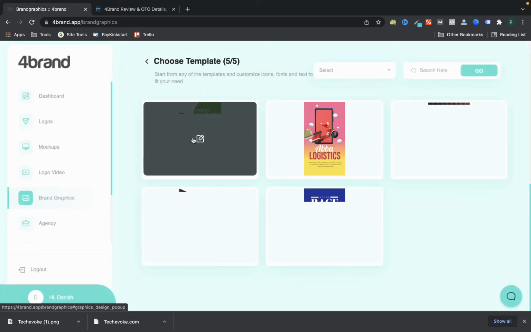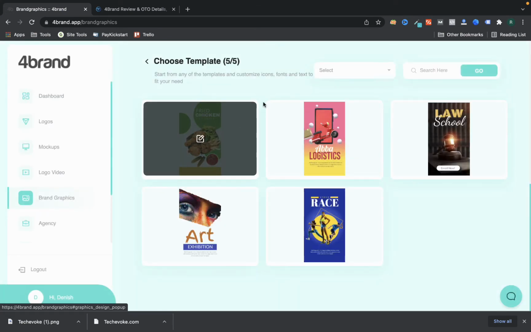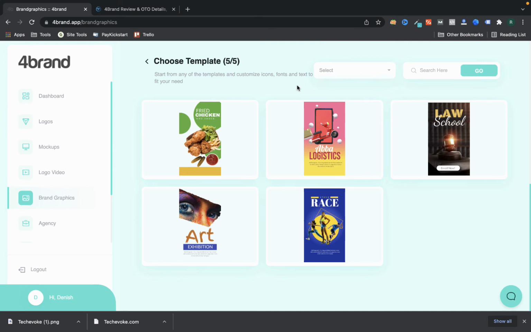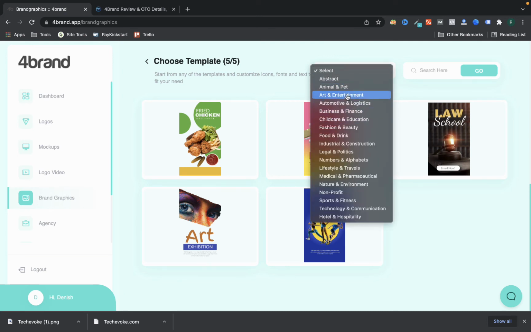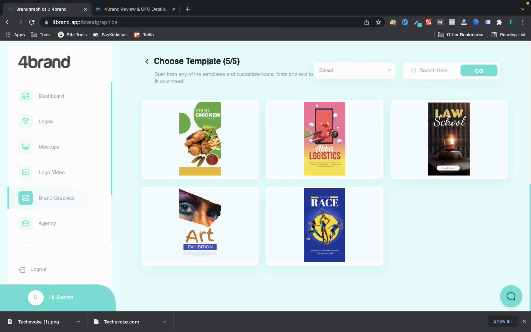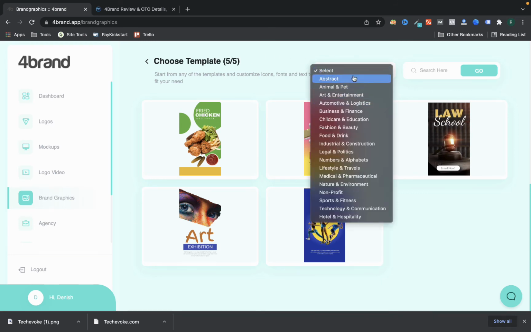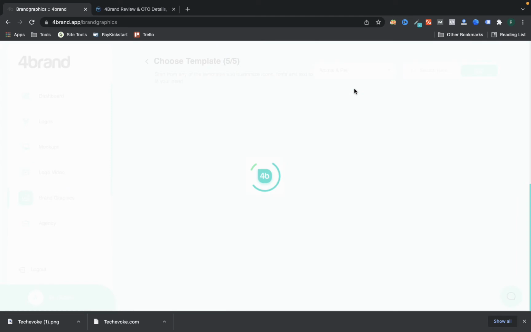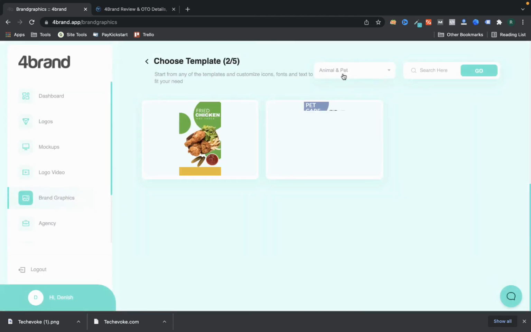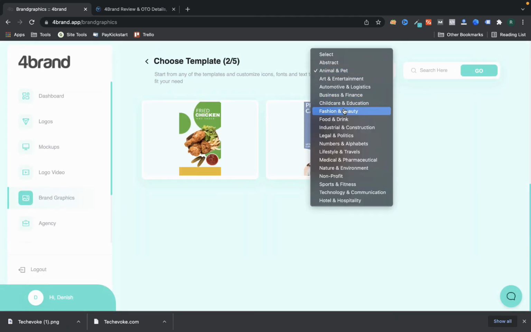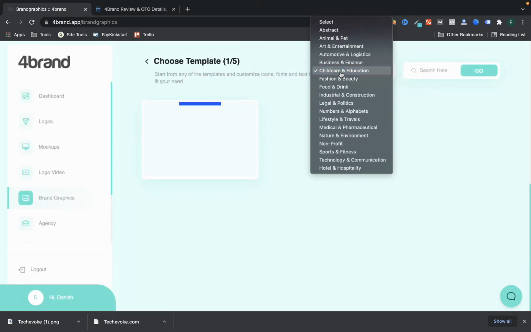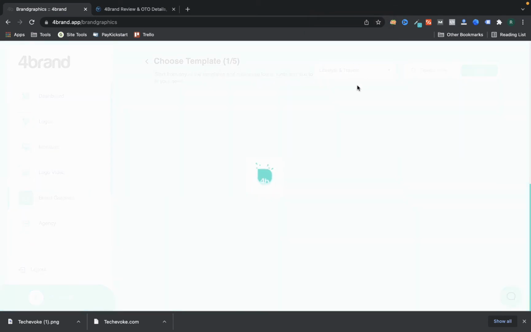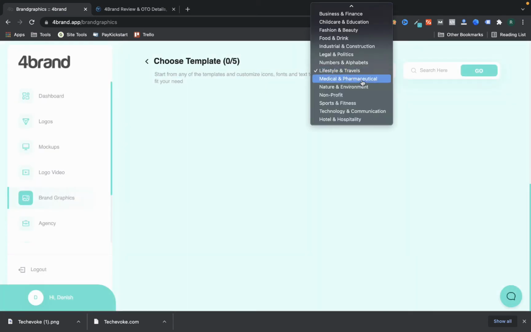Instagram stories are really popular right now, and there are many clients out there promoting their products with their stories. As you can see, they are saying only 5 templates, but they have different kinds of templates. For example, I'm just going to get animal and pets, and I can also get child care education, and there are many more options here. So they are going to include templates here.